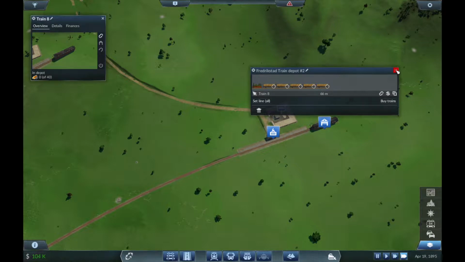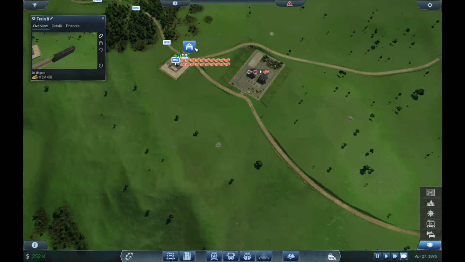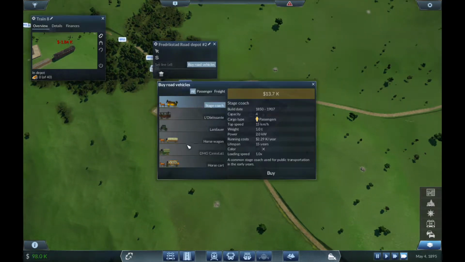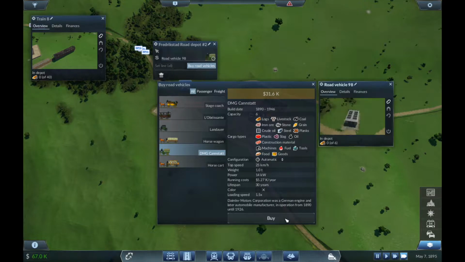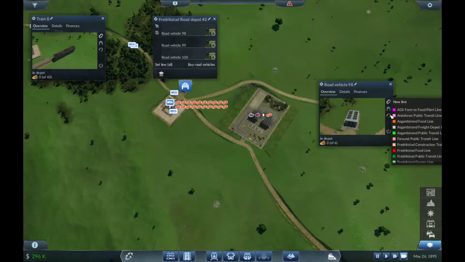We're not going to send that on its way just yet. What we are going to do is buy more road vehicles up top here. And we want more of these. 1, 2, 3. I think 3. What do you guys think? Maybe a fourth? No, I think 3 might be okay. And they're going to sit on the...